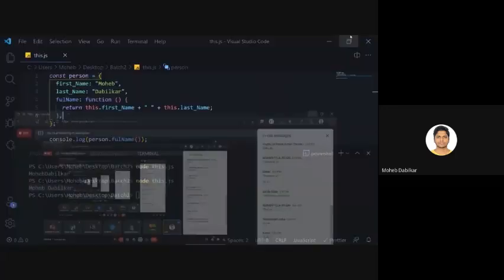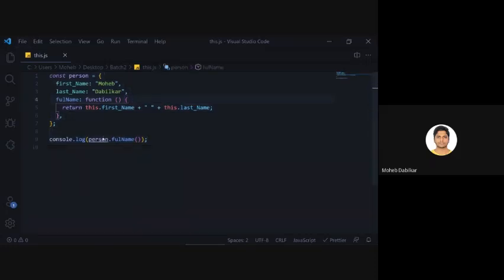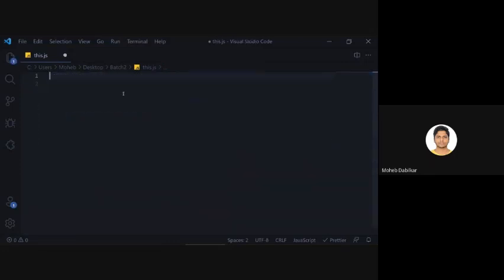Okay. Chalo. So for the day, what we are going to do is learn about imports and export. So now let's just backspace this all, and let's say that we have a file.